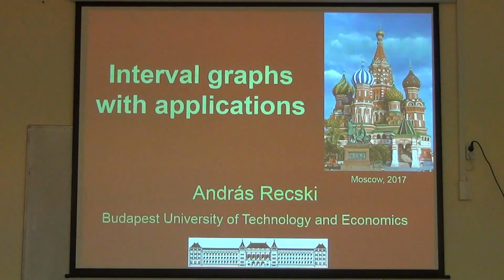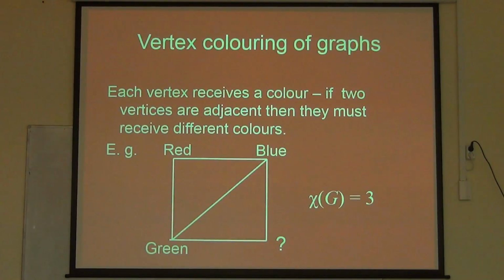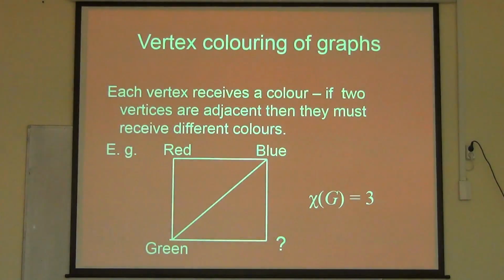Unlike the previous lectures, which had deep results in graph theory, the results that I am going to talk about are not very deep from the graph theoretical point of view. I want to put emphasis on the applications. And basically what I need in graph theory is just some very basic concepts. First of all, of course, I'm speaking mostly about vertex coloring of graphs, and I denote by chi the chromatic